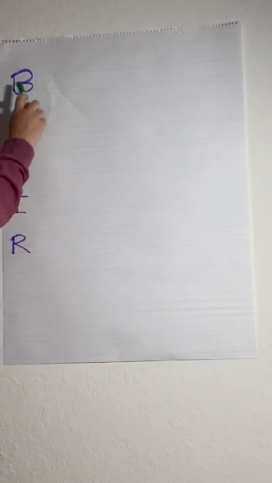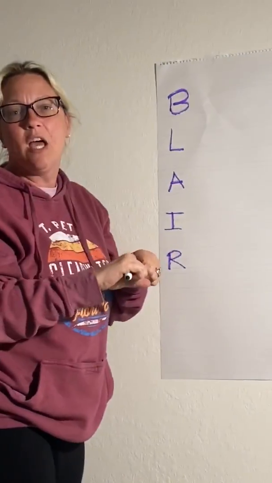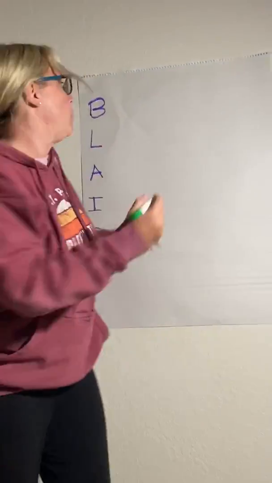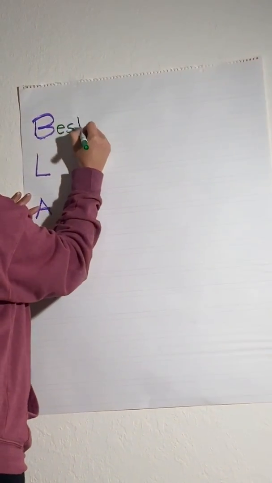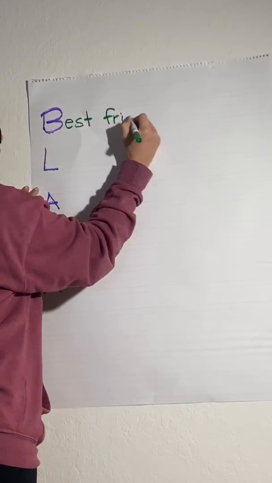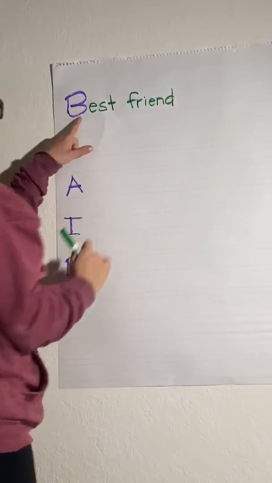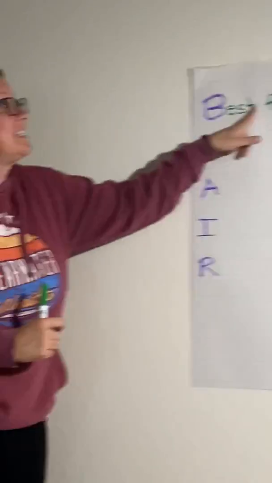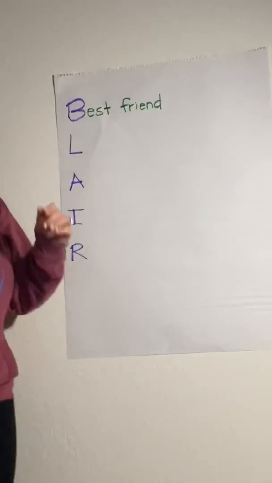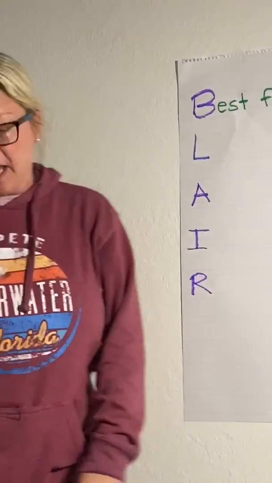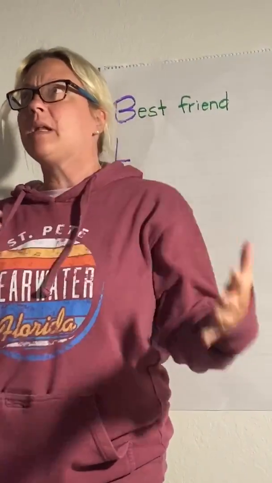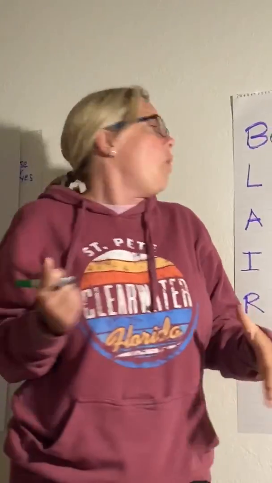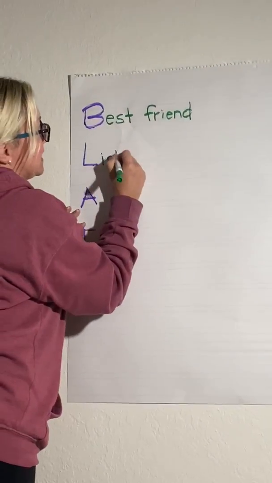So the first letter I have to start with is B. Her name starts with a B. So I have to think of a word or a phrase that describes her that begins with B. And I wrote, of course, best friend. Now notice when I wrote best friend, the B is already there. So I don't have to write the B again. I just kept writing from there, B-E-S-T. I kept finishing the word. That's why I'm writing it in different colors so you can see what I mean. And then the L. I have to think of something L. Oh, she listens